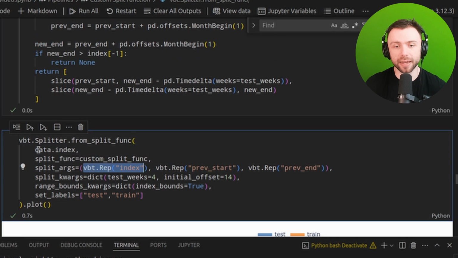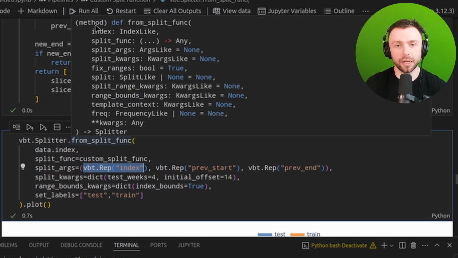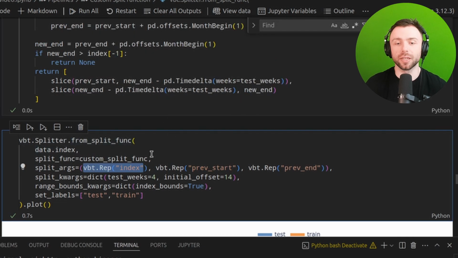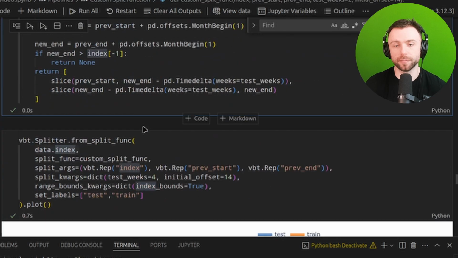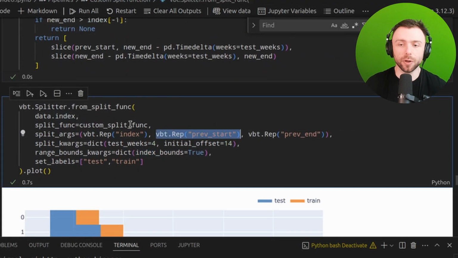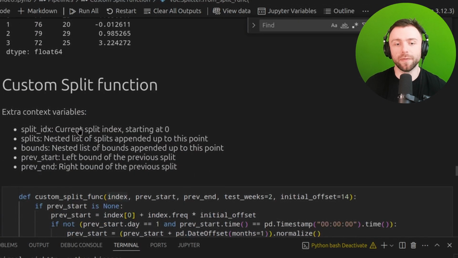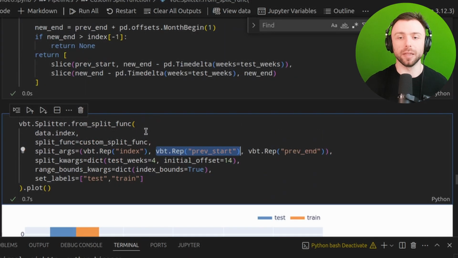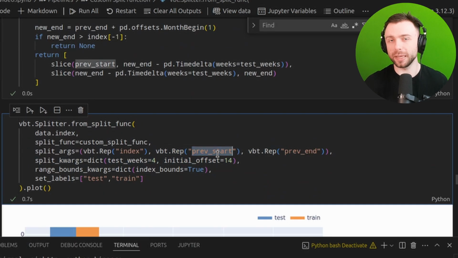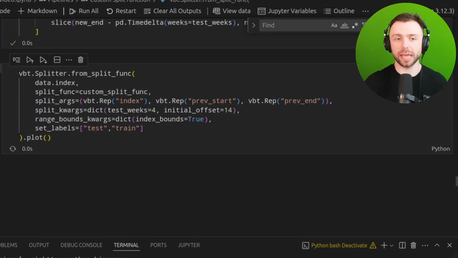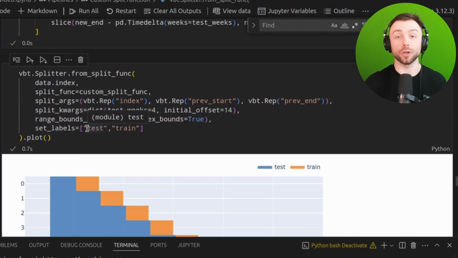So it's going to grab the index from this argument here. It's going to do a bunch of magic in the background to make sure that we receive this full index into this function. And then equally, we have those that I talked about earlier. These are just provided to us. If you look in the documentation, you'll see this list. These are just available in the context of this function. It knows what these values mean, and it will substitute them in. Other than that, everything looks pretty much the same, and we have this now fancy custom splitter that we can